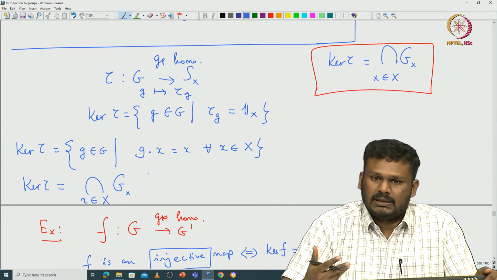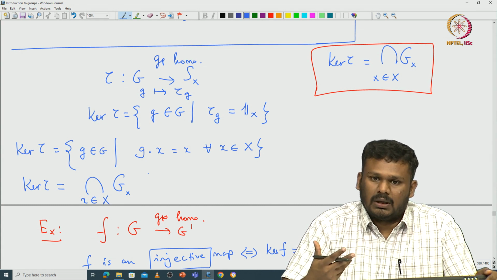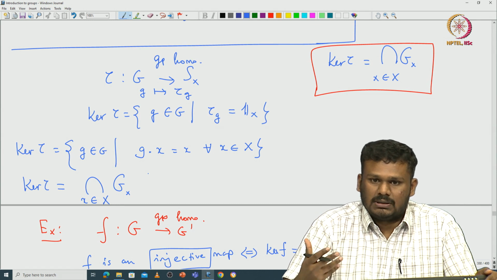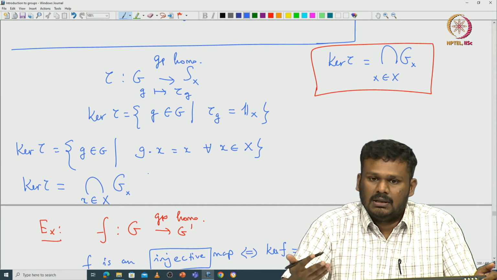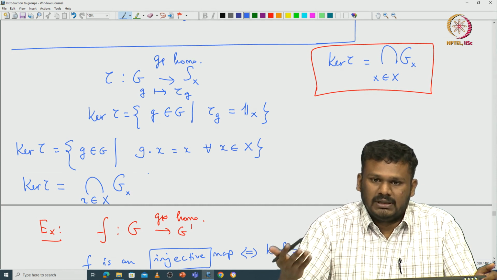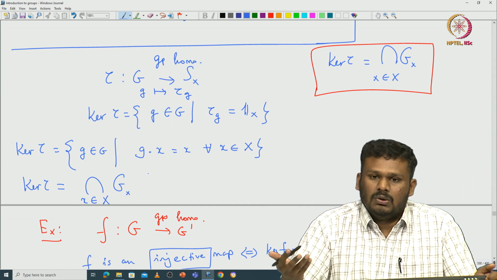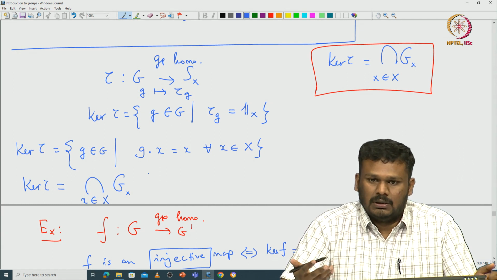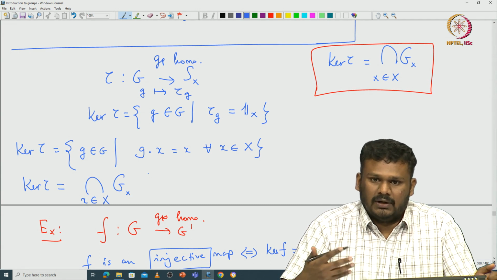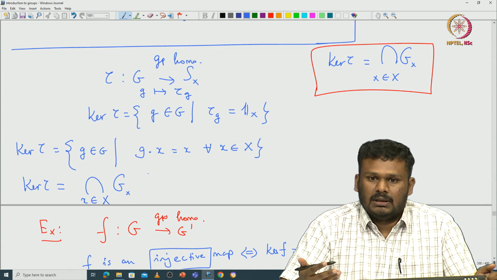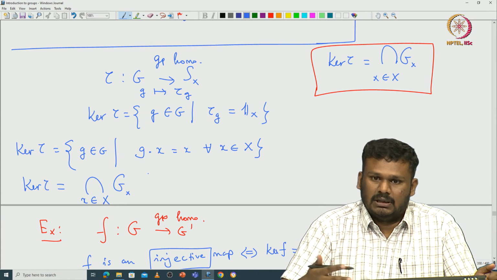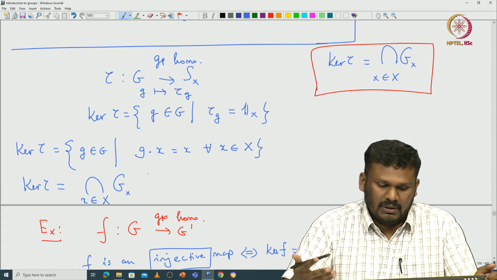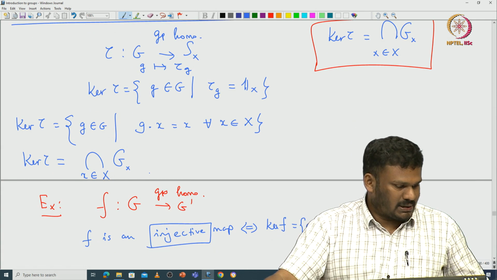Sometimes, if you are interested in understanding a group G, you make this group act on some very nice set capital X, and then embed the group inside the symmetric group of that set X. Then using the information about the symmetric group, you can get more information about the group you started with. For example, computations that you want to do in the group can be done using the computations that we know how to do in the symmetric group, between any two elements. So let us move on.